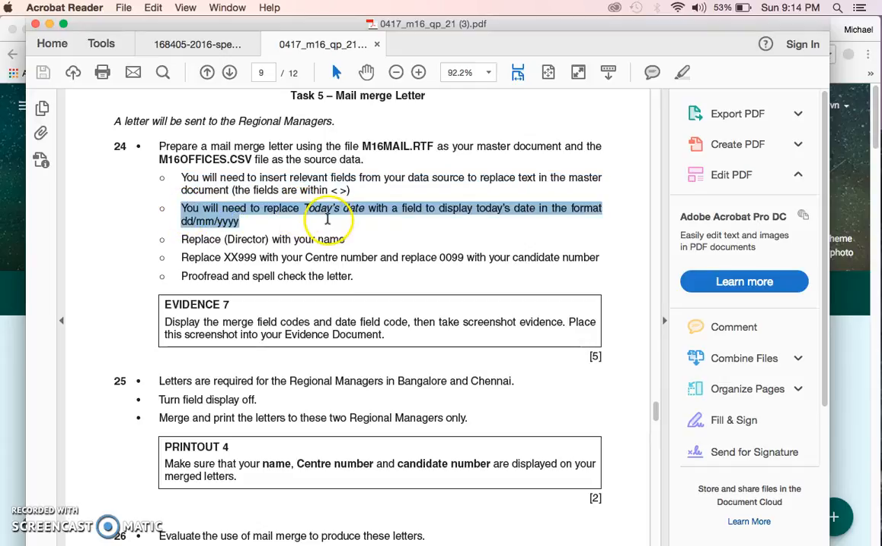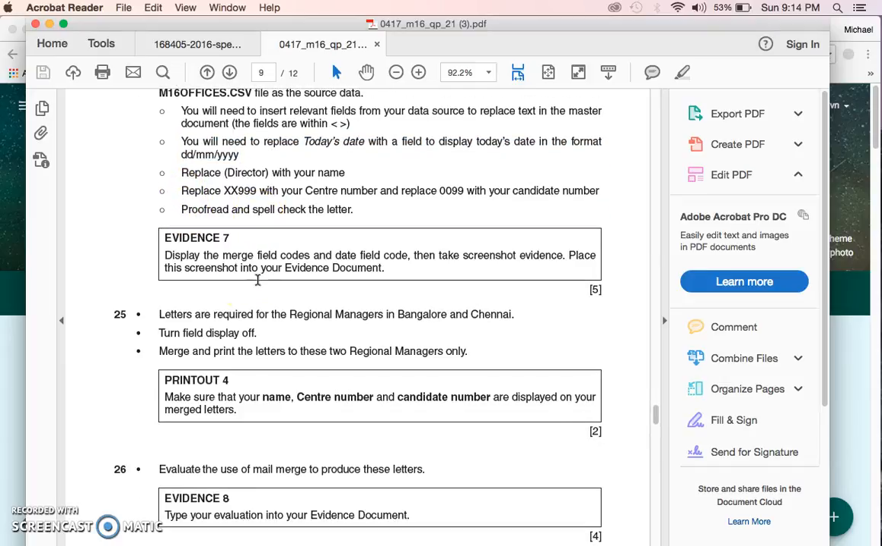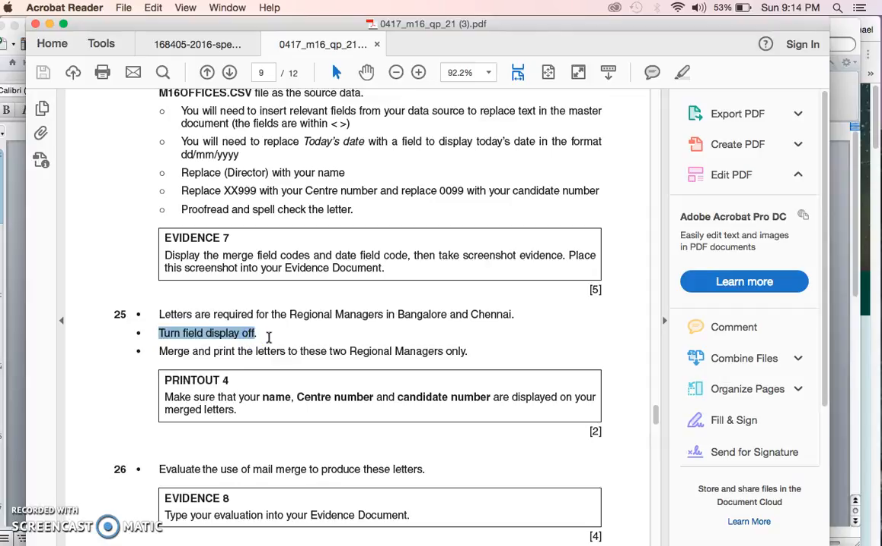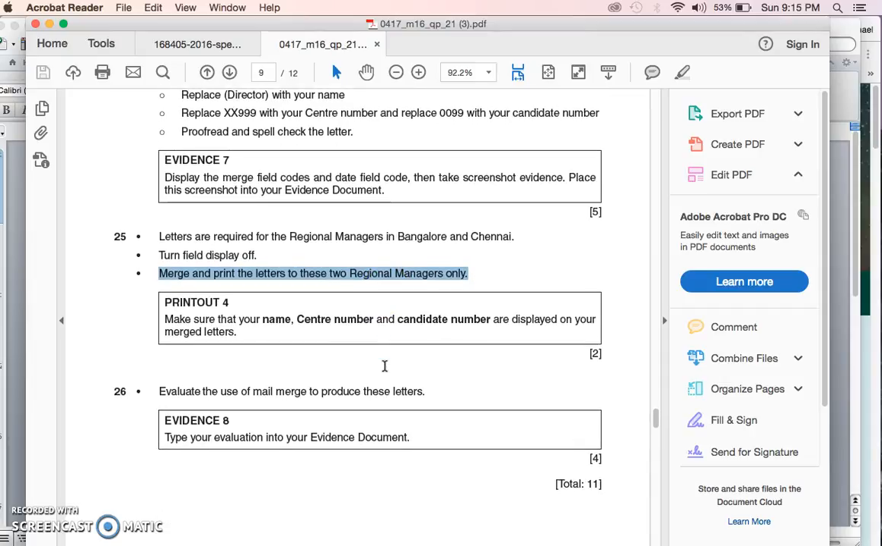You will need to replace today's date with a field to display. Proofread and spell check. Letters are required for Bangalore and Chennai. Turn field display off. Merge and print letters to these two regional managers only. Make sure your name